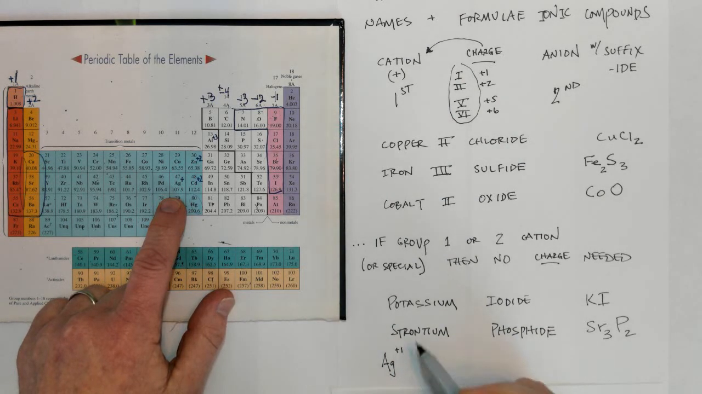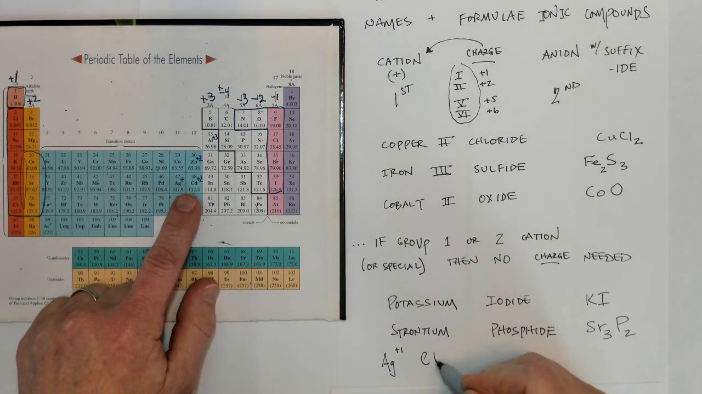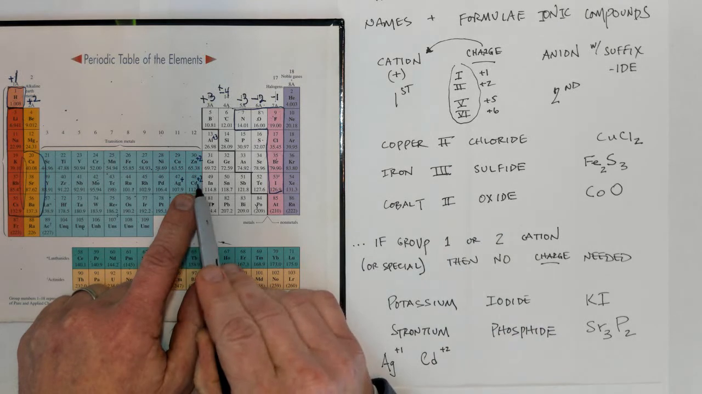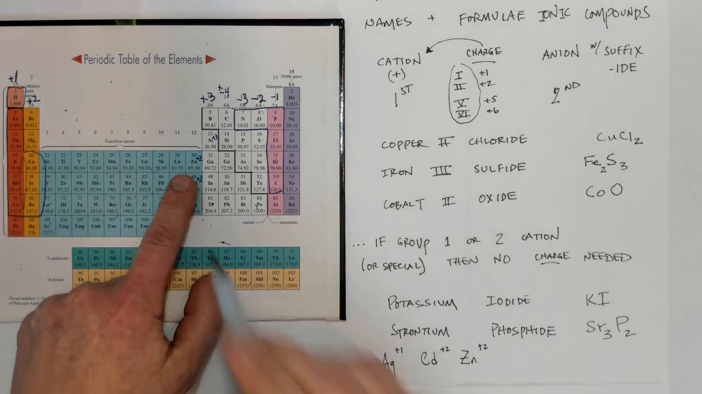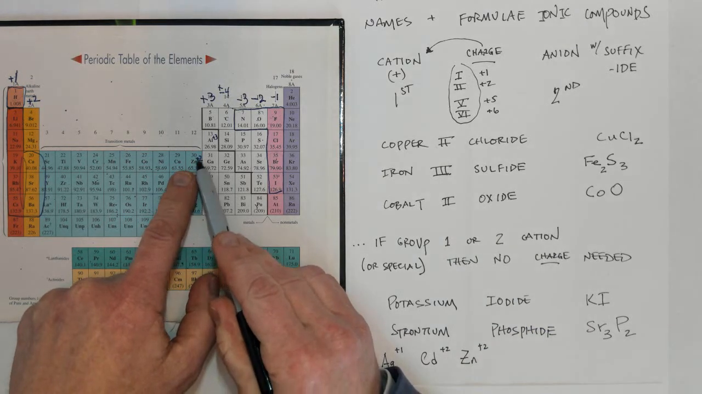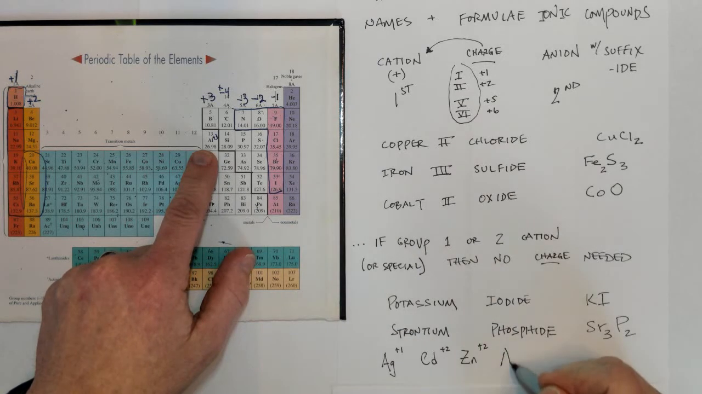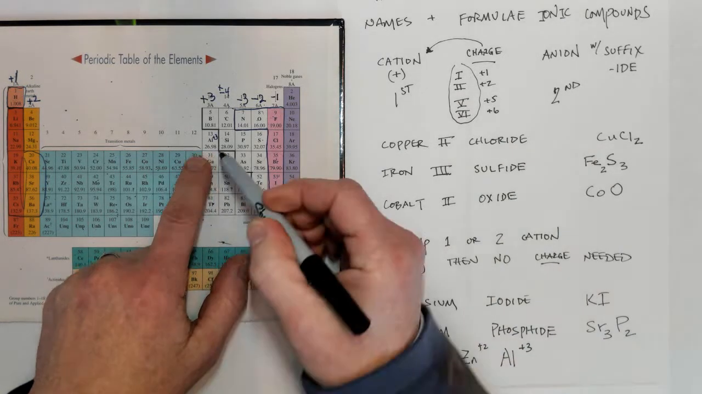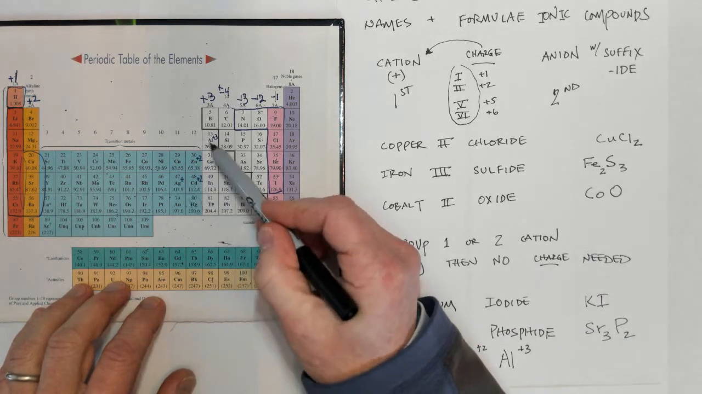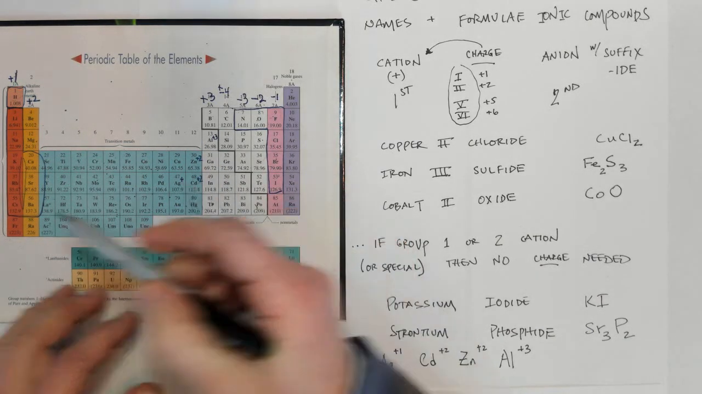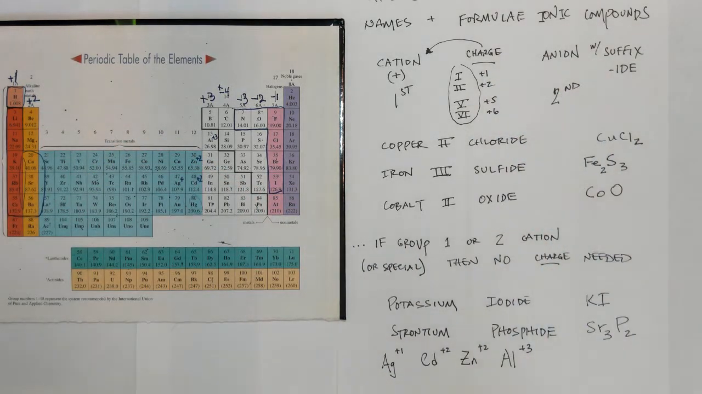Silver always has a +1 charge, so you can put a little +1 next to it. Cadmium always is +2, so you can put a little +2 next to it. And its partner zinc that's right up above it is also always +2, so you can put a little +2 right there. And then the element aluminium or aluminum is always +3, and so you can put a little +3 up there. See how they kind of make a little S on the periodic table, meaning special. Those 4 special elements, including these group 1 and group 2s right here, do not need the charge listed